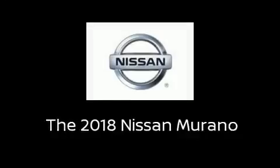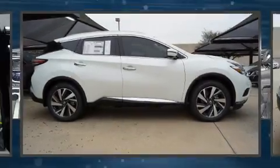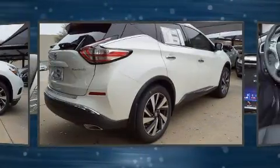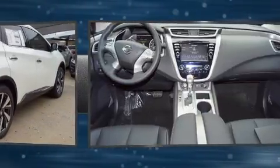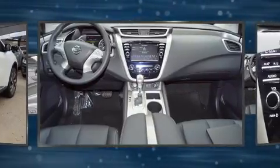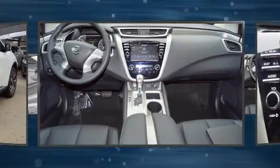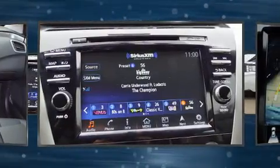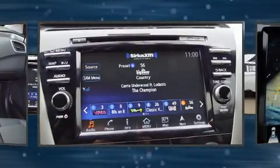Get excited about the 2018 Nissan Murano. It features a front-wheel drive platform, an automatic transmission, and a 3.5-liter six-cylinder engine. Top features include a split folding rear seat, delay-off headlights, a power seat, an automatic dimming rear-view mirror, blind spot